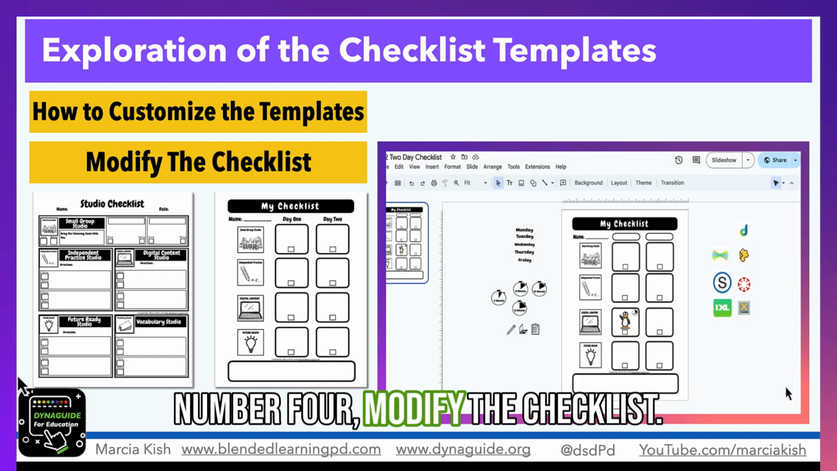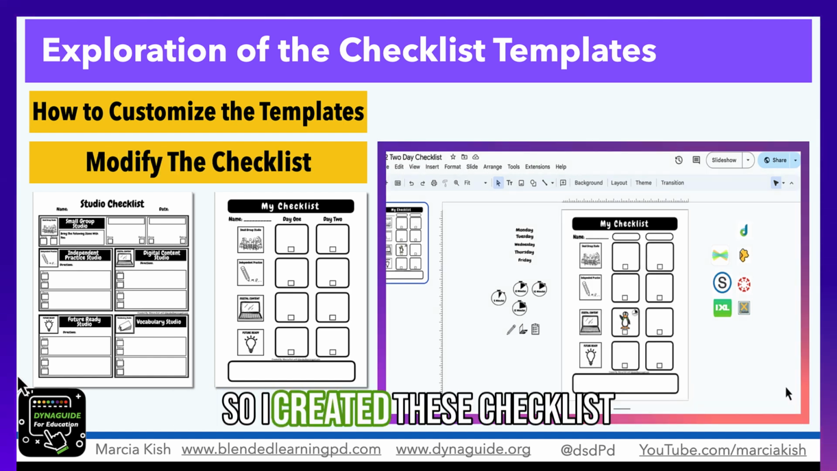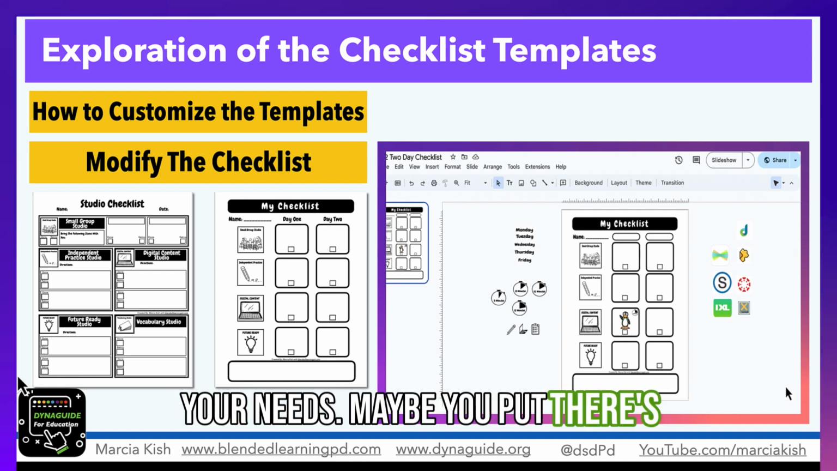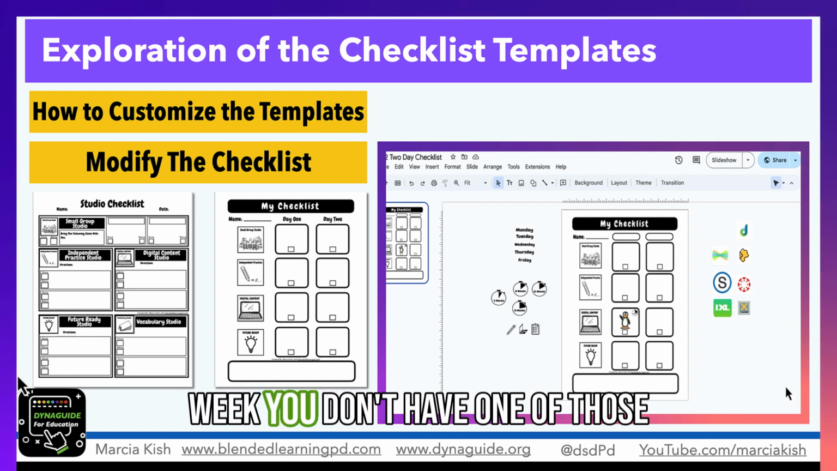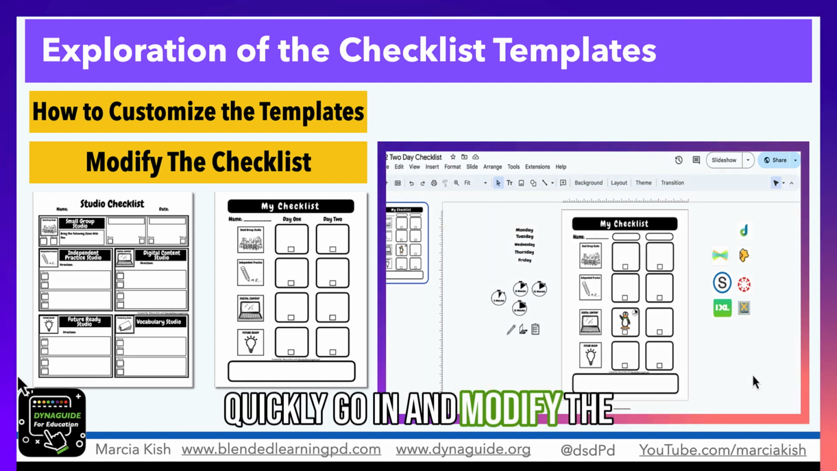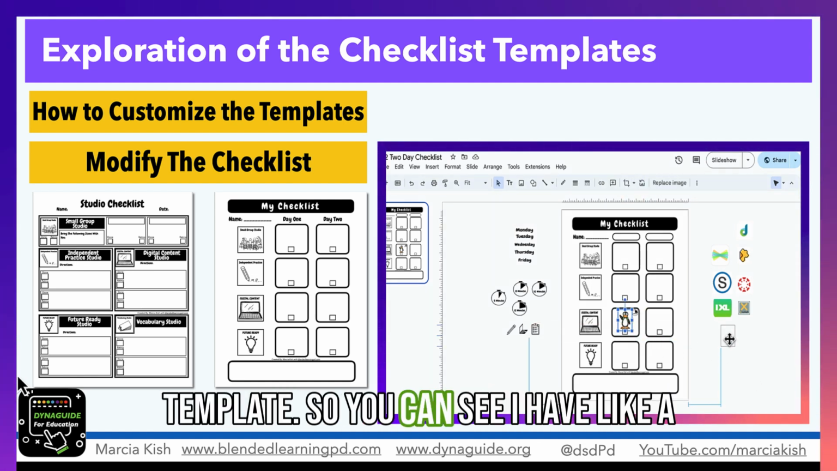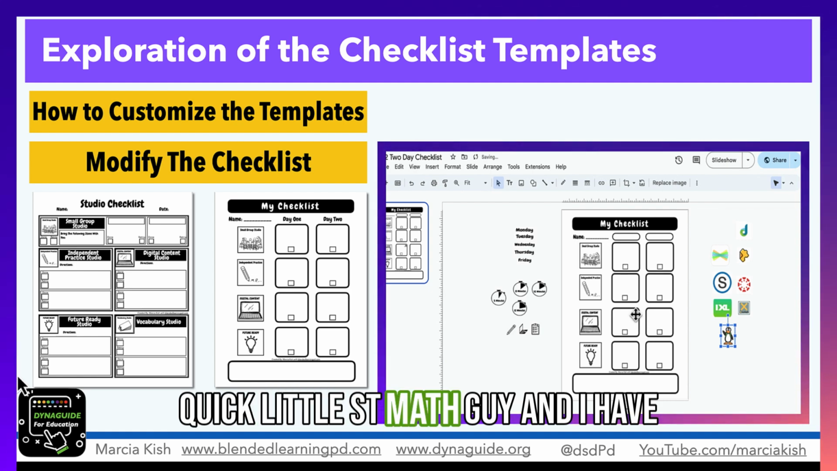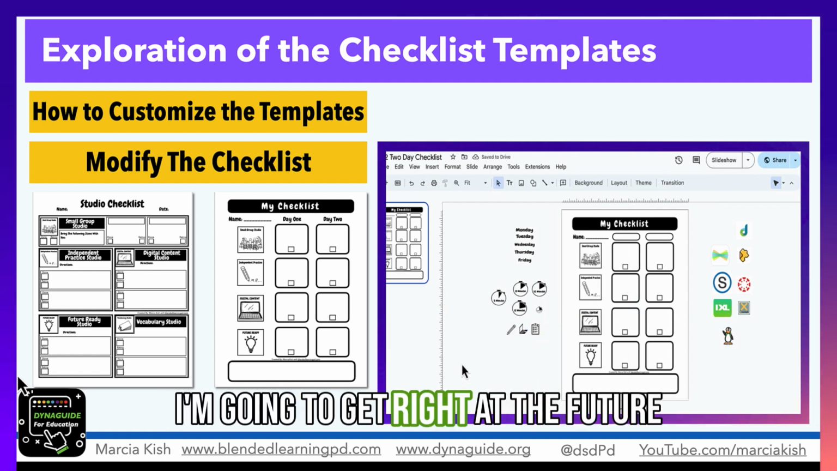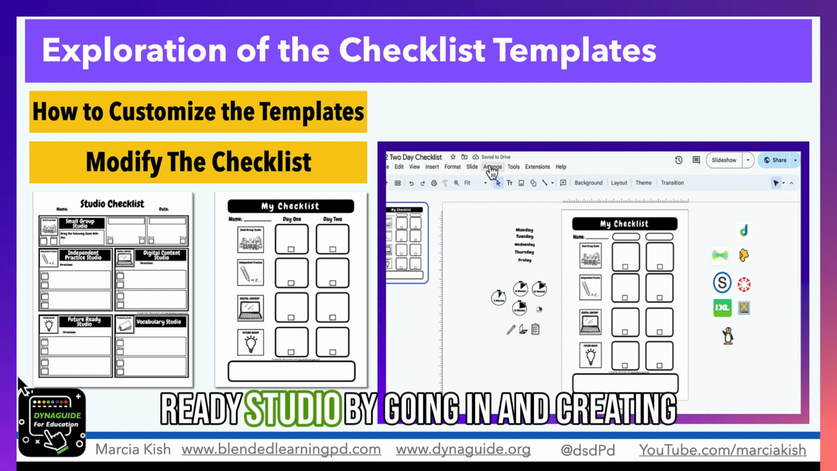Number 4, modify the checklist. So I created these checklist templates, but maybe they don't fit your needs. Maybe there's too many studios, or maybe that week you don't have one of those studios. So what we're going to do is quickly go in and modify the template. So you can see I have like a quick little ST math guy, and I have my timer. Now what I'm going to do is I'm going to get rid of the Future Ready Studio by going in